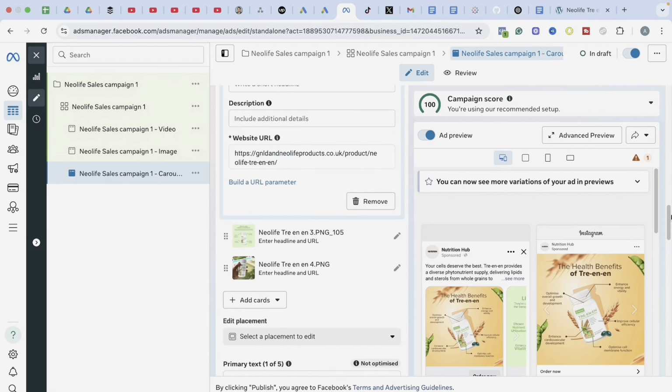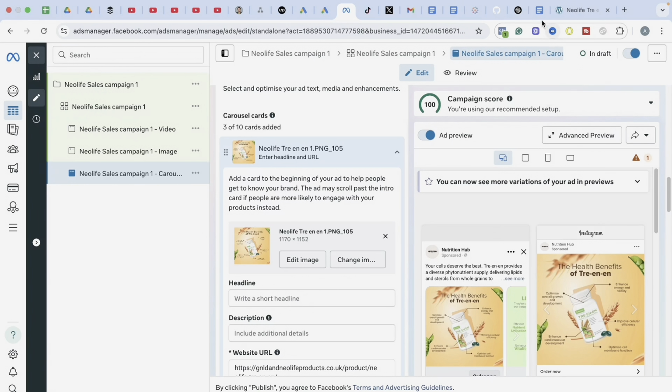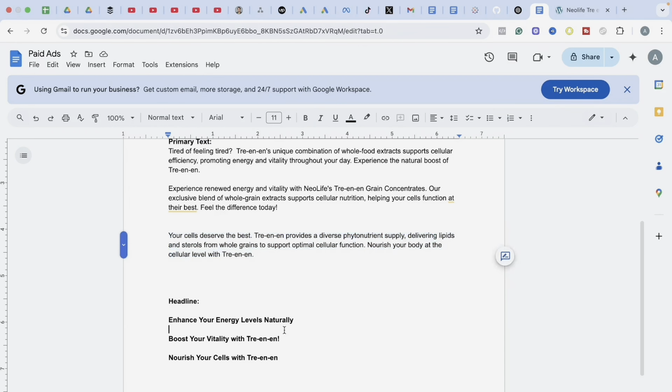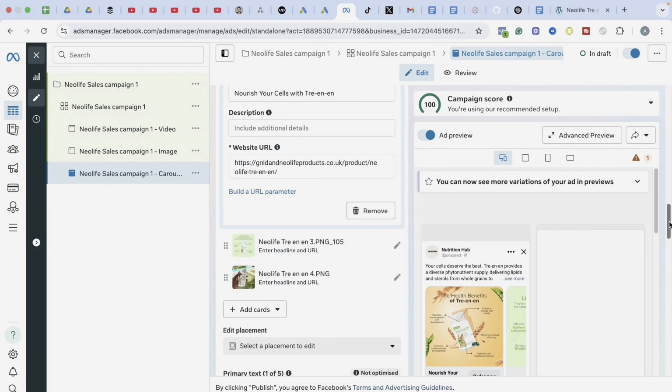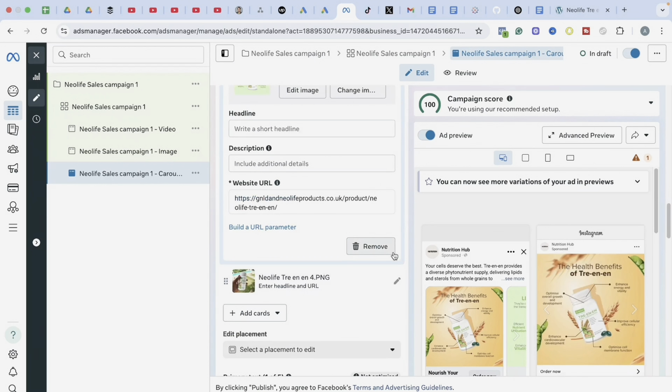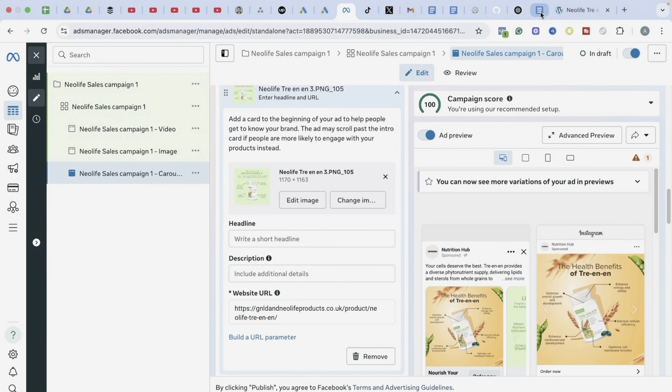Then I will come under card. Under each card, I want each card to have unique headlines. So I'll copy this headline here and put the headline under this card. I will go down again and select this, copy another headline.